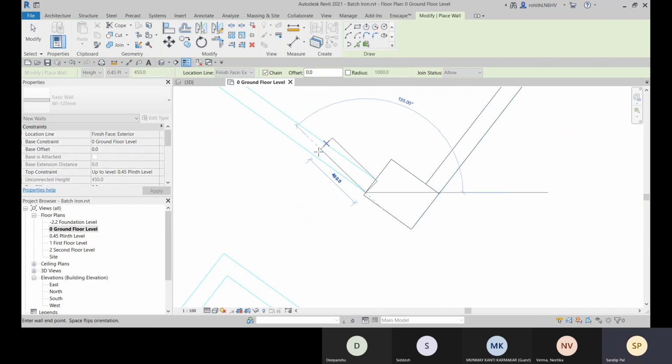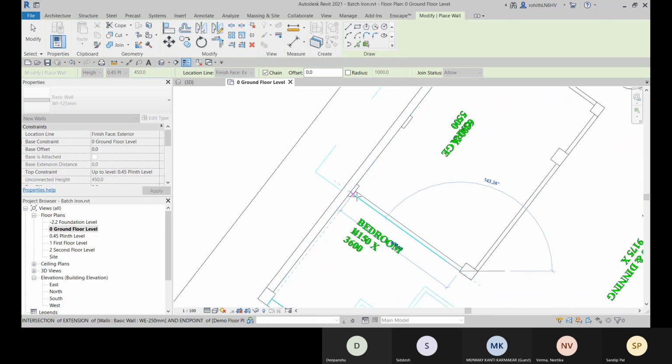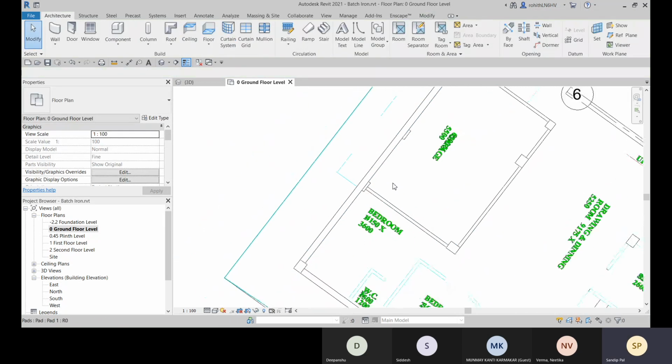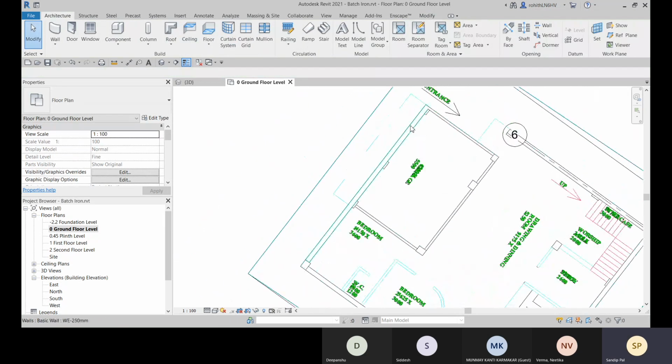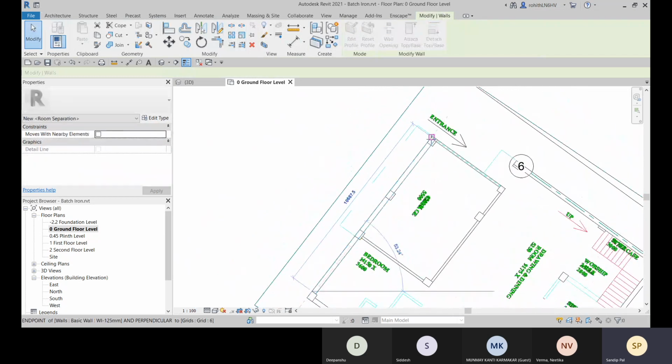Escape, and then again start. Okay. So these are the columns, right? So we need to place, sorry, SE.